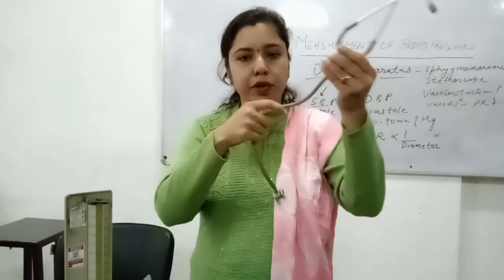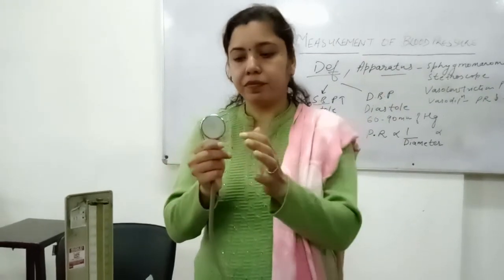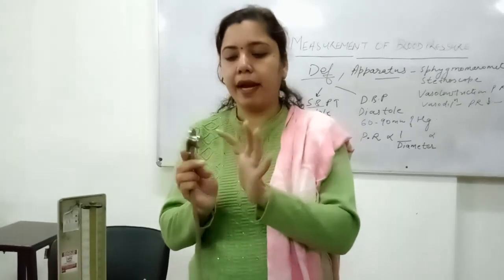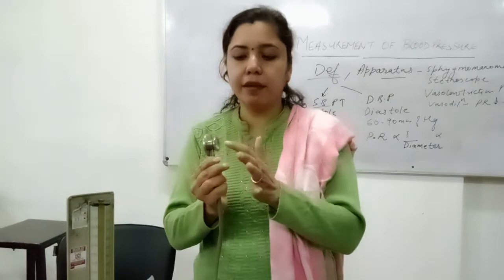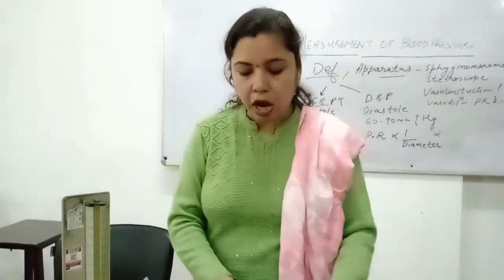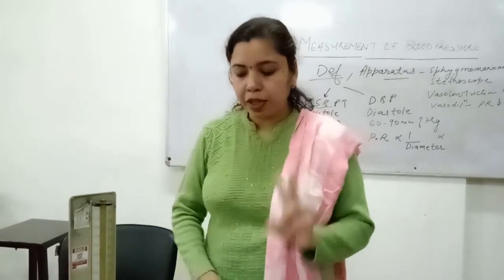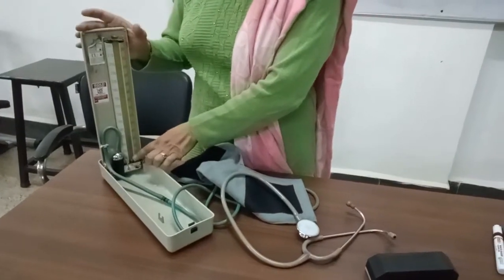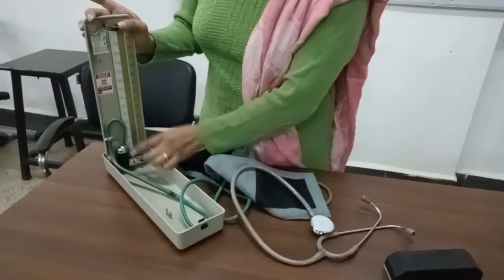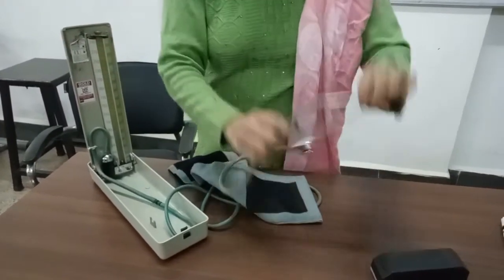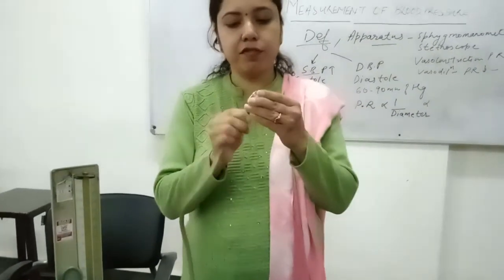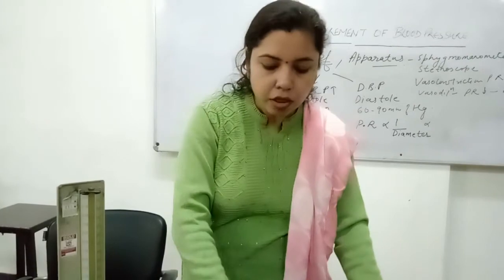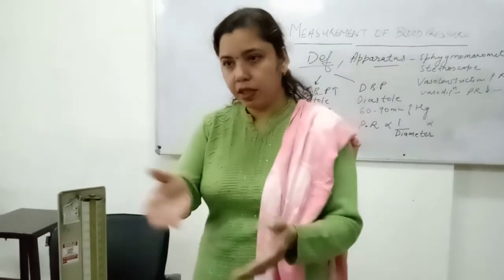Then this is again a rubber tube, and this rubber tube is connected to a chest piece. This is the chest piece. It has a diaphragm and a bell. The diaphragm is used in adults and the bell is used in children. Now, before moving to the procedure, we have to keep in mind that both our instruments, sphygmomanometer and stethoscope, have an on and off switch. This has to be switched on before using it, and the stethoscope also has an on and off switch, which you have to switch on before doing the procedure. Now, in the third part, we will move to the procedure.